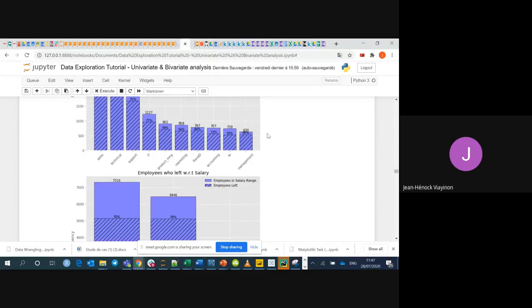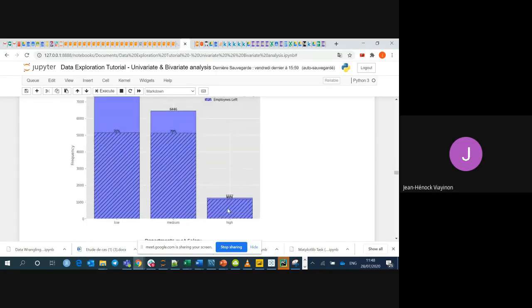So depending on the department, you have a head, and when these heads are put together, together with the CEO, they will be the management team. And we have a lot of leaving in these management teams. Looking at the relative frequency we have here, we have a lot of leaving in this management team. And when we look at the salary, we also have a lot of leaving in the high salary level.